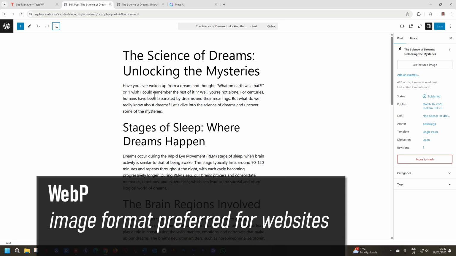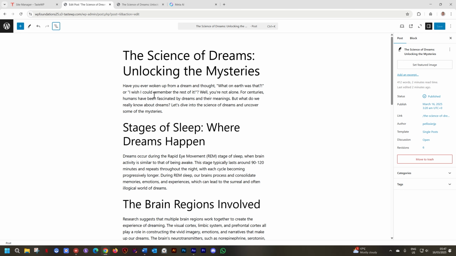Many people still don't do this. They still bring in JPEGs and PNG for normal photos. Don't do that. Try and bring in WebP from the beginning. And on your computer, you probably don't have software that can give you WebP, but there are free online tools, and I'm going to walk you through this a couple of times so that you can get used to it.